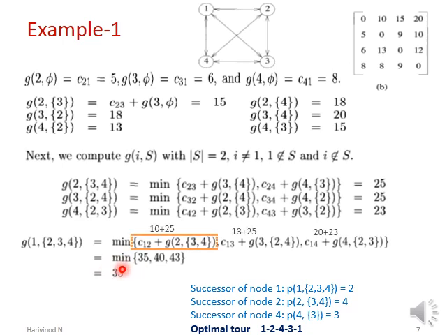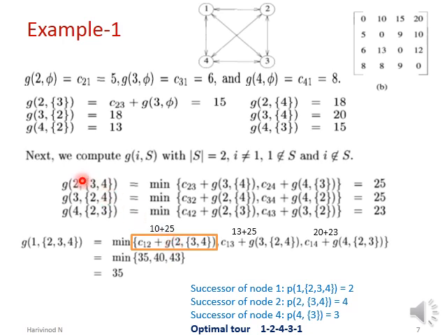So 35 is got by traveling from 1 to, see, we have 3 choices here. Among the 3 choices, the 35 comes from the first choice. First choice means the salesman is traveling from 1 to 2. So 1 to 2, then solving this problem. So the successor of node 1 is 2. That is got from here. Now trace back to this particular one.